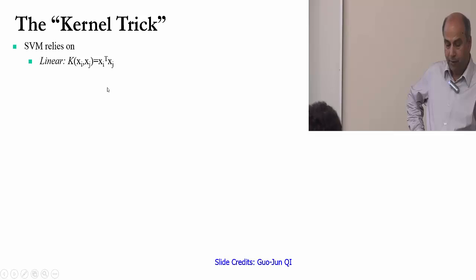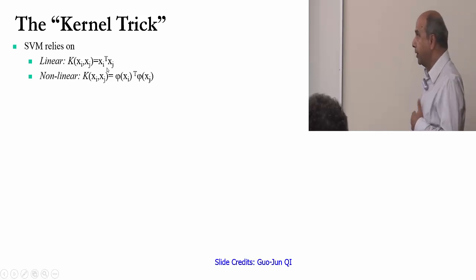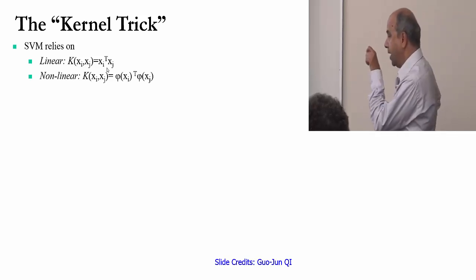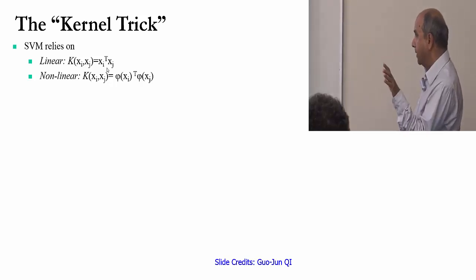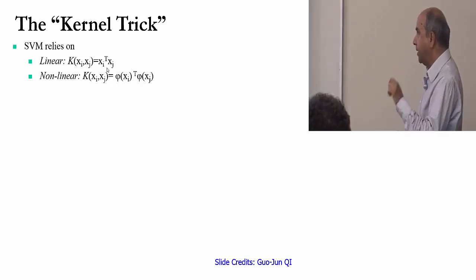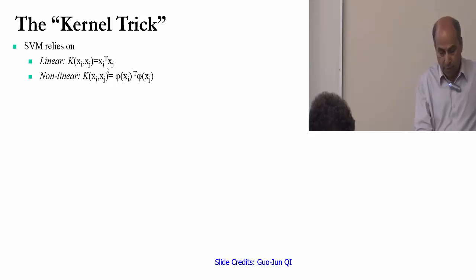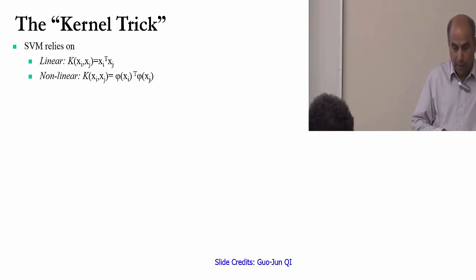So the kernel for this linear SVM is like this. That's what we should do. Now a nonlinear kernel will be that we take xi, map it to phi of xi, take xj to phi of xj, then find the dot product. So now